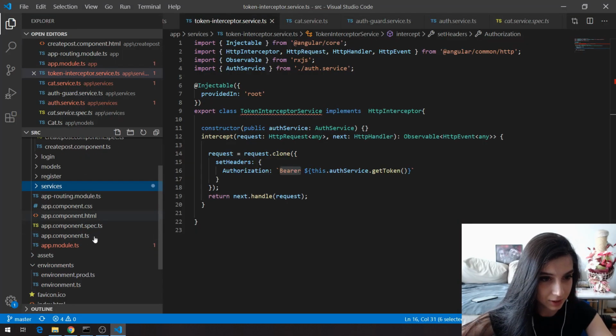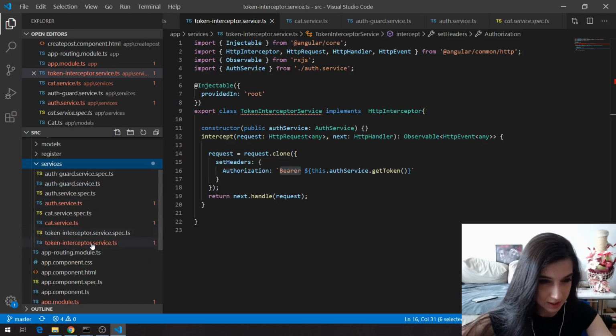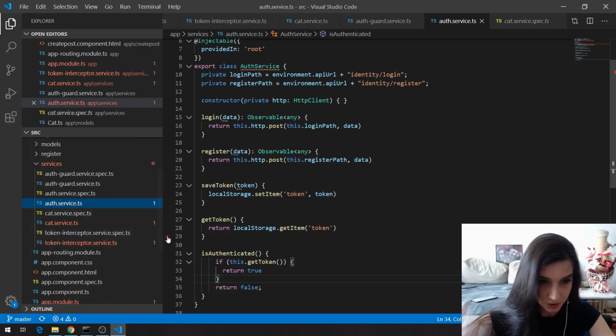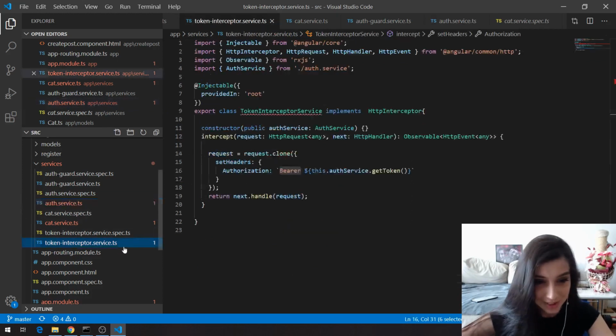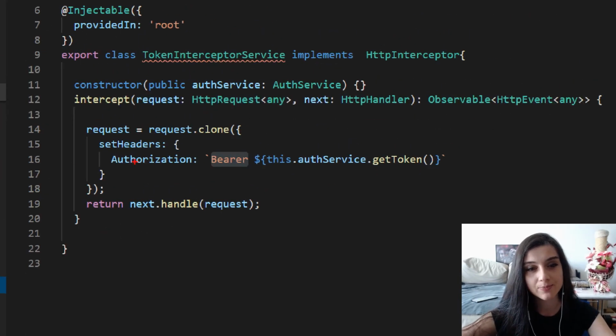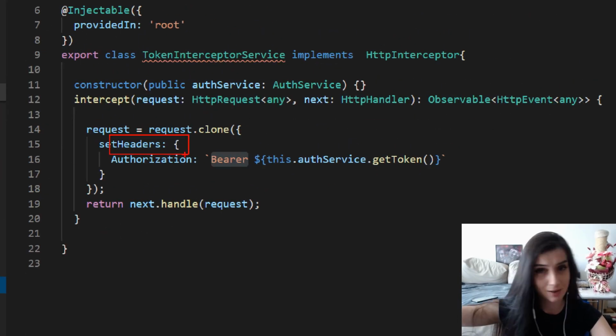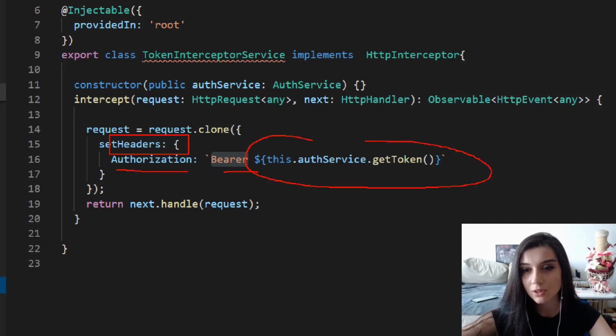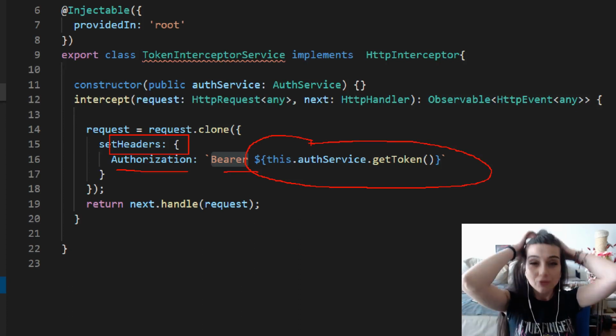Basically, it is the same here. If we go to our services and go to authorization service.ts, no, it was interceptor service. We have the token interceptor service. You can see that here we have this set header, what basically we have done, add new header, which is authorization. And after that we have bearer, and after that we have this token that the backend generates for us